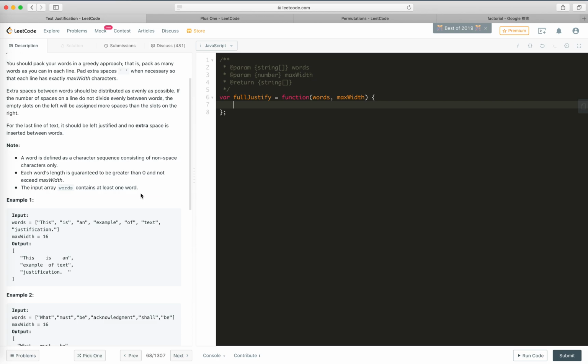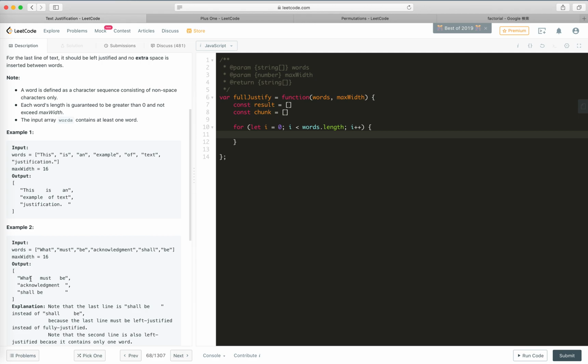Anyway, the idea is that we use a chunk to cache the temporary result, and this is the final result for the chunk. And then we loop through all the words, words.length, i plus 1. We need to count the length of all current words, so let's say chunk length equals 0, and for each word,